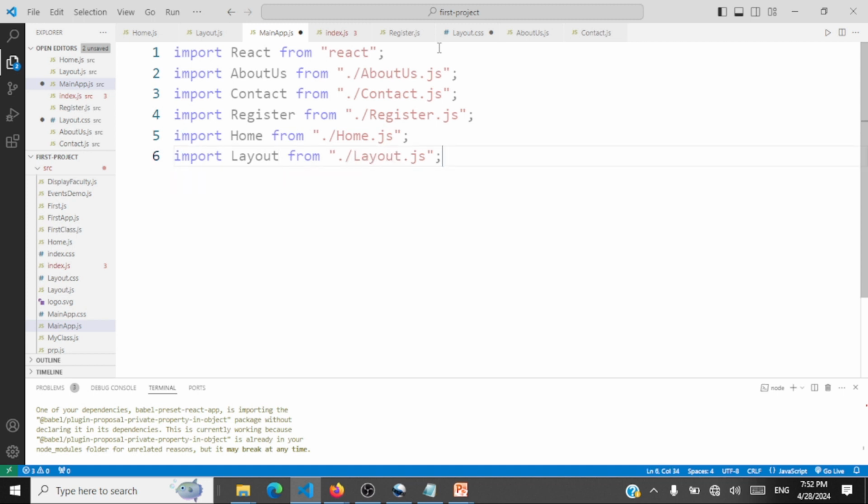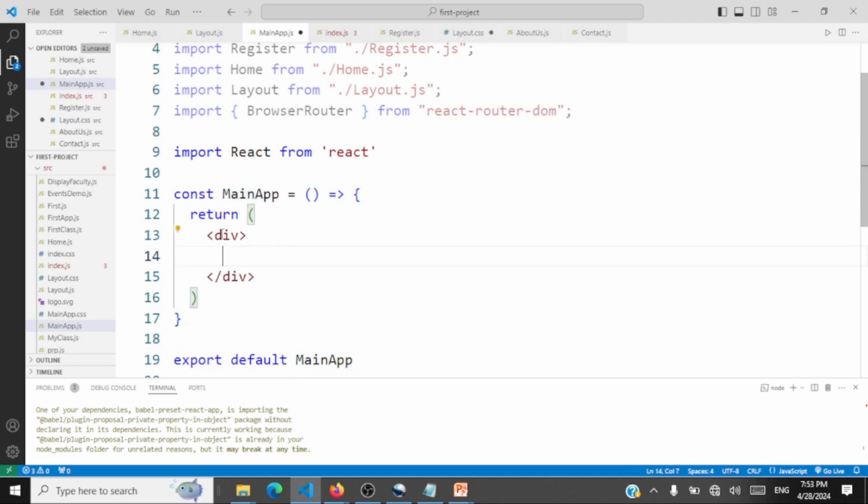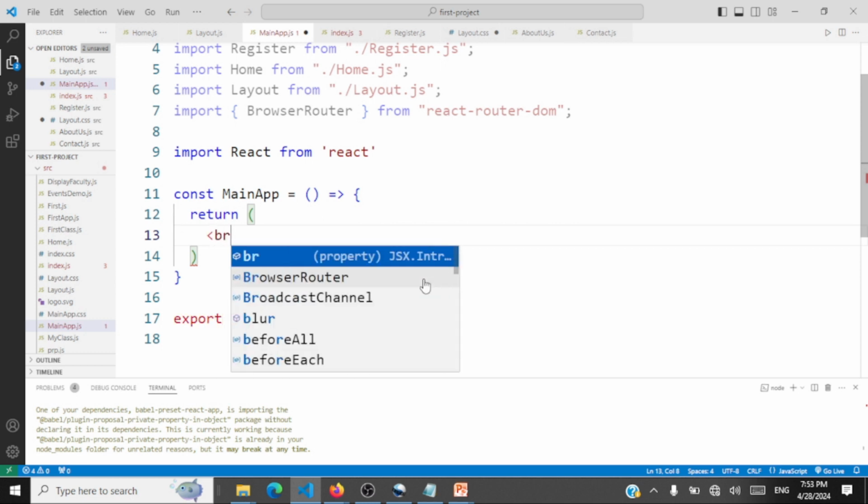We should also import BrowserRouter. So we have to import BrowserRouter from react-router-dom. We have already installed this package. Now what we'll do is code our main App function component. This is the main app, and what our main app contains is BrowserRouter. So we'll have BrowserRouter,